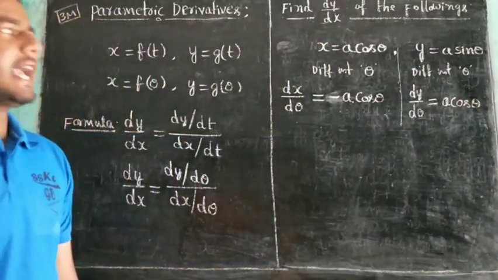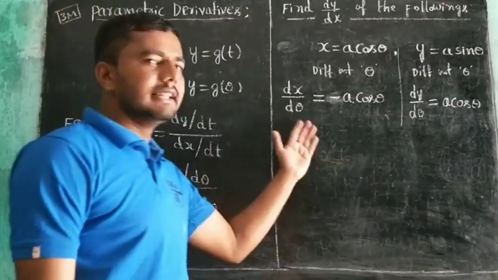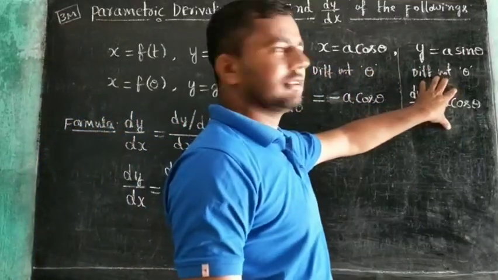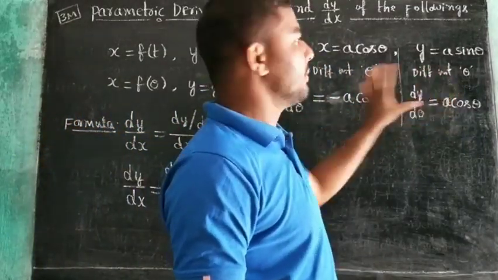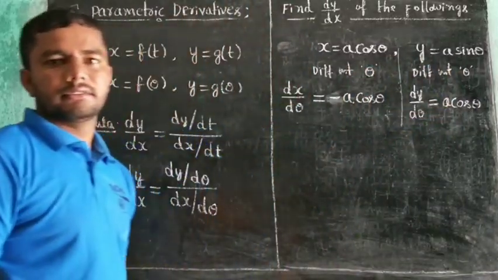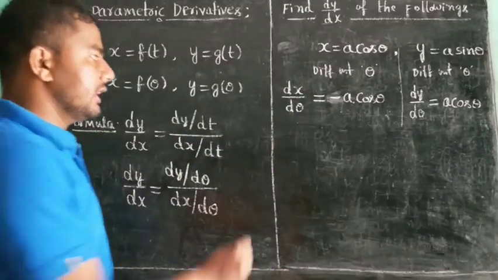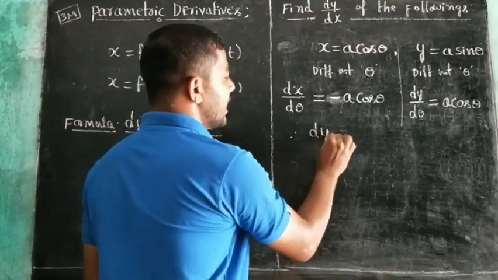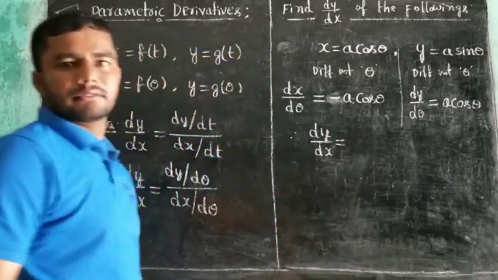Suppose in the examination, if you write like that, this is for 1 mark, and if you write like that, this is for 1 mark. 1 plus 1, 2 marks. This problem appeared for 3 marks. So therefore write the formula. The formula is dy divided by dx is equal to